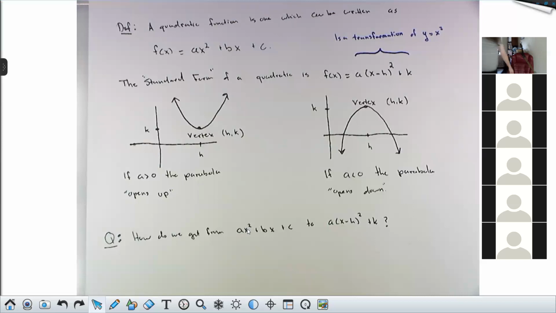It's called completing the square. So the answer here is